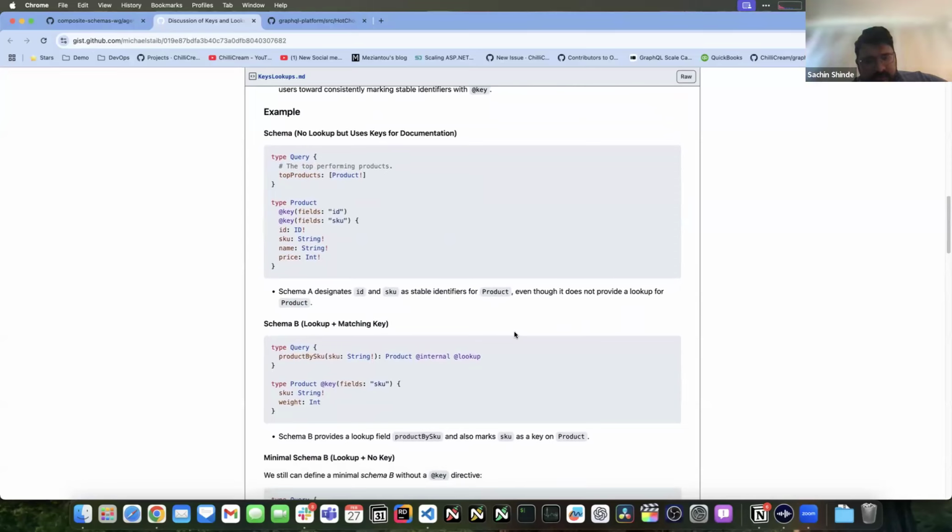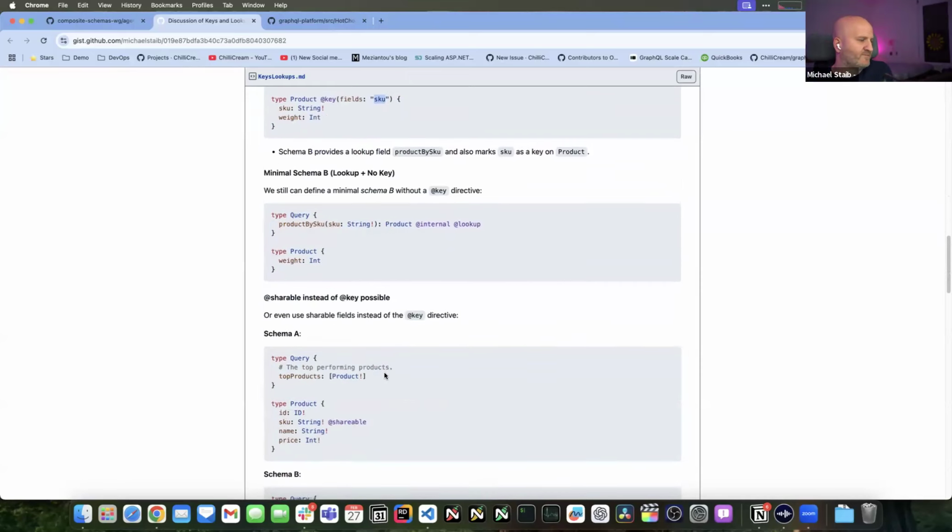To clarify, if you had a lookup that didn't actually serve the fields, meaning they weren't on the type, in that case would you emit a warning, or would there be no warning, since there's no key? So let's quickly do this. This is the ideal case, right? We have it on both sides, and that is actually what we want. This is green.